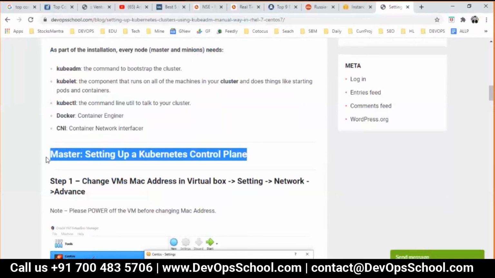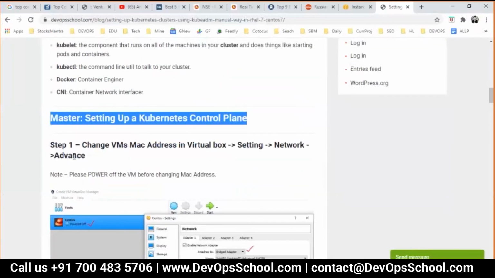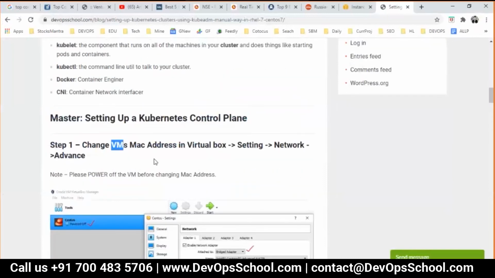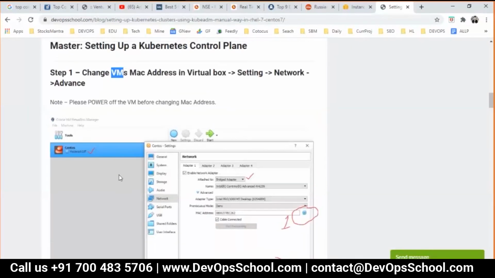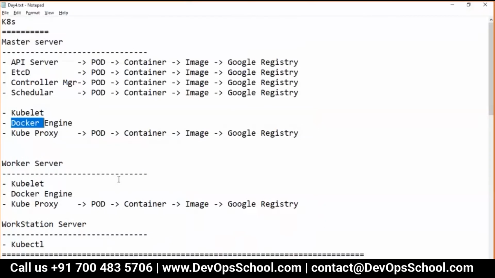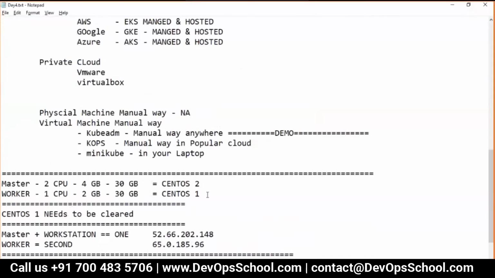For example, you need kubelet, you need Docker engine, you need Kubeadm, and kubectl also. You need to have these to get all this stuff. Now this section says master, setting up the Kubernetes control plane. Guys, this document I have designed for you, not for me. I have designed it for you. So here you will see VMs, all this stuff.